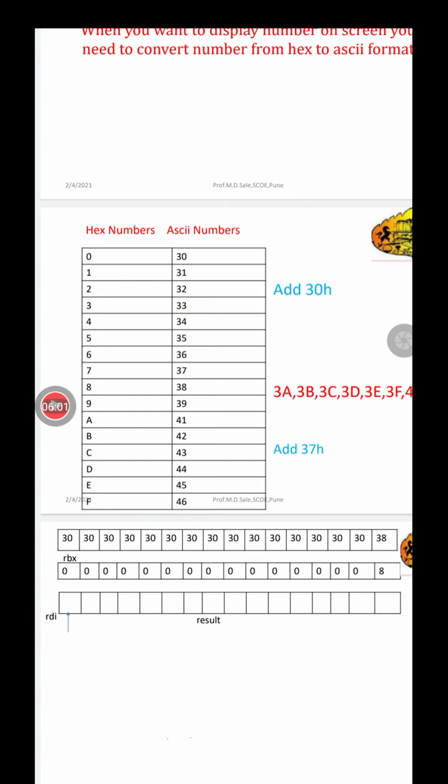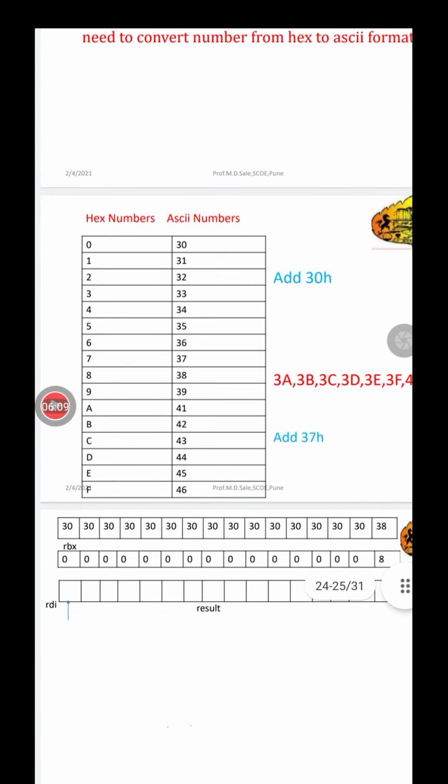So if it is a character, we get the ASCII equivalent of this character value by adding 37H. That means this 7 extra we have to add into it.